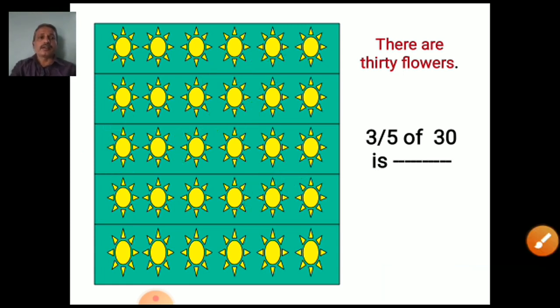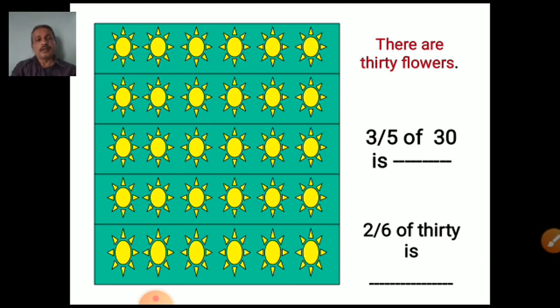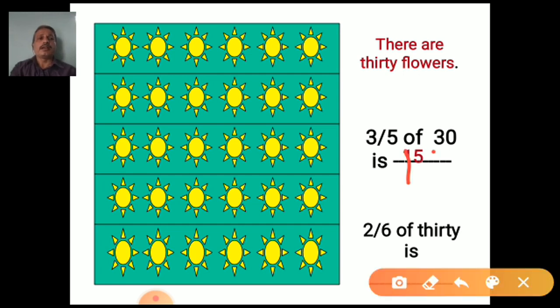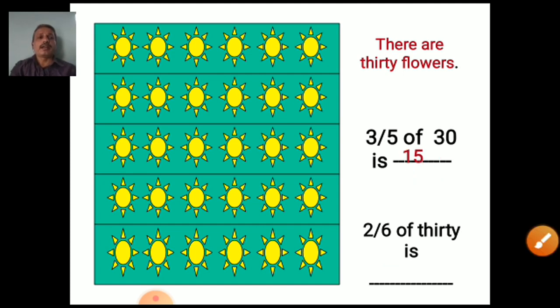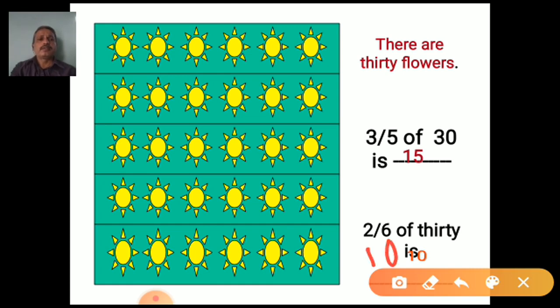Good. Let's check. Here for 2 upon 6 of 30, see, the second number is written in words. Don't worry about this one. Let's check. First one is 3 into 5, not that, but here 18 is coming. Beta, correction is there: 18. This is the 18. How did we find it? 18. Good. And here 2 upon 6, so that is 10. Let's check if 10 is there or not. Yes, 10 is coming, but a little overwritten. See, I will write here 10. Okay, beta, this is the 18. We will do all these things in our exercise. Good.